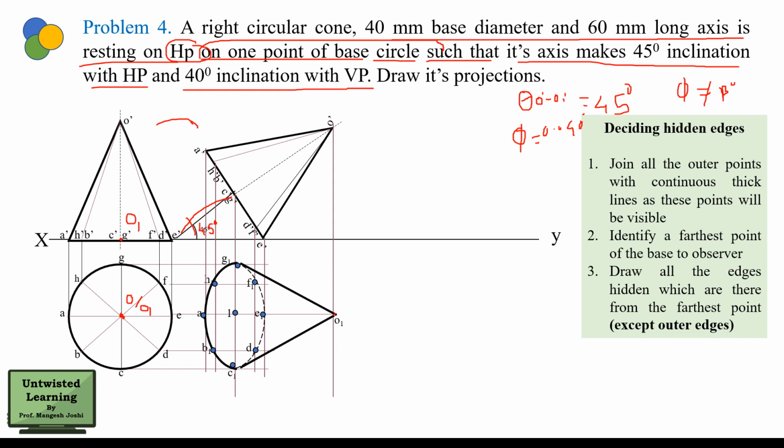Okay. How to find beta, we have already seen in the projection of planes, but we will once again see. What we will do, first of all, we will select a point representing O1, then draw a 40-degree inclination, that is phi, and we'll mark the true length of O to O1. The true length of O to O1 is the axis length, which is 60 mm. Okay, so I will mark 60 mm over here to get the O point. Okay, or I would rather say this as O and this as O1.